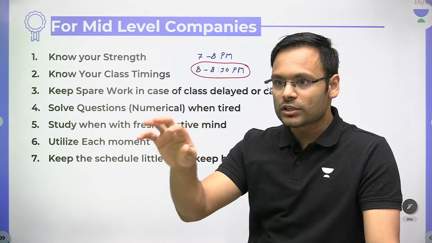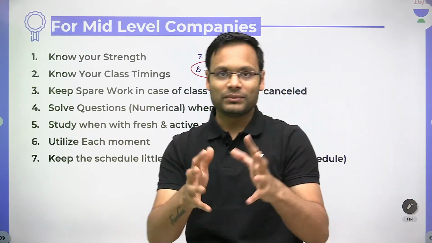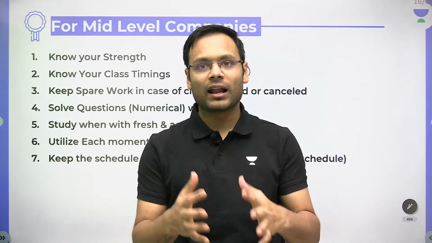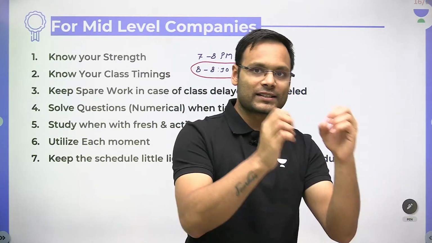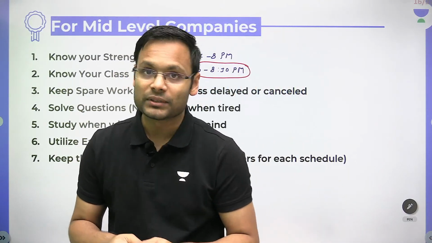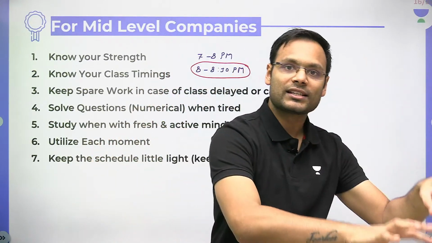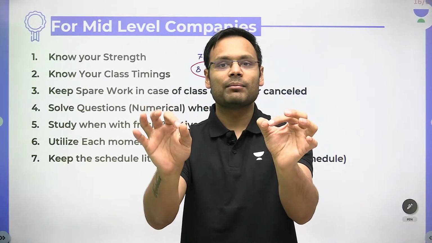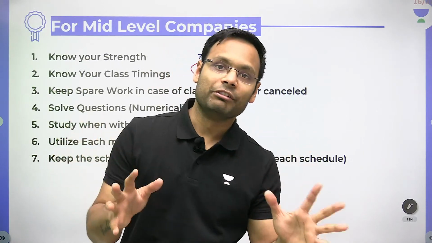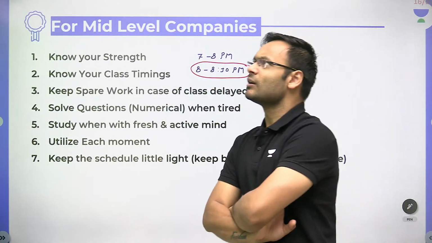So you can give yourself little easy targets. If I am going to study something, let's say 1 hour lecture, I want to revise and make the notes, I will give myself 1 hour 10 minutes. 1 hour for listening to the lecture, making the notes, and 10 minutes as a buffer. If I am stuck somewhere, I am not getting something, then those 10 minutes I can utilize as buffer. If let's say my work is done up to 8 only, those 10 minutes I can relax, or I can have an active revision. Like I will walk, I will have some snack, and I will keep revising what I have studied.